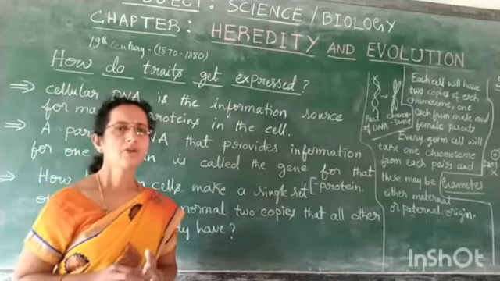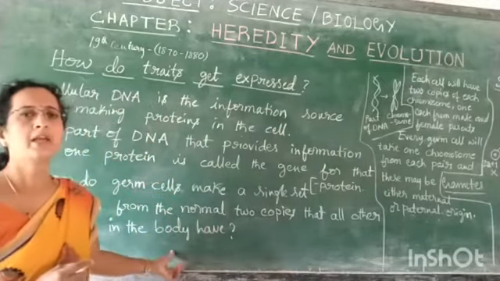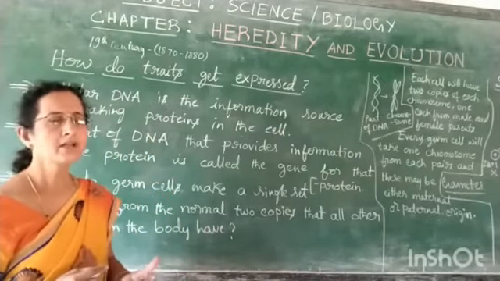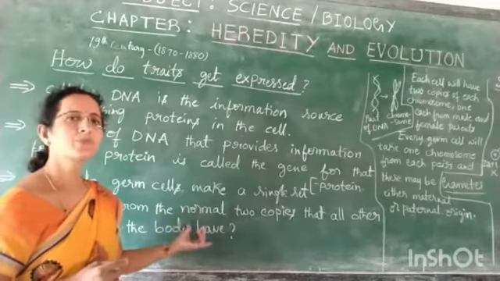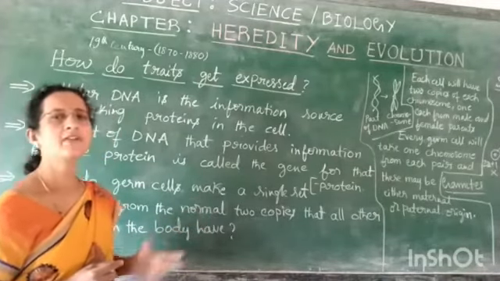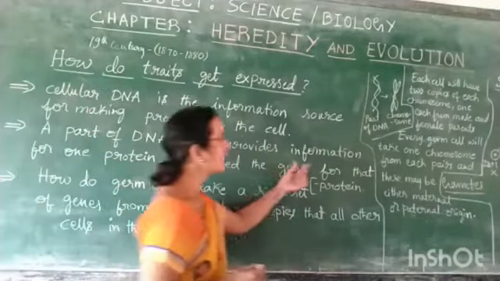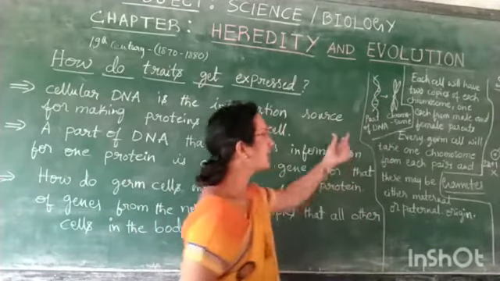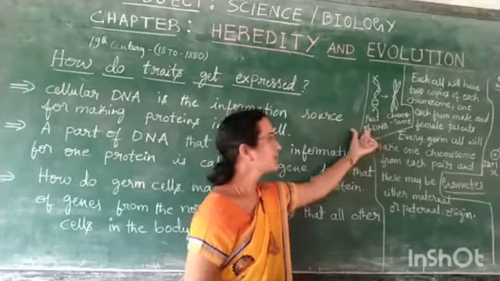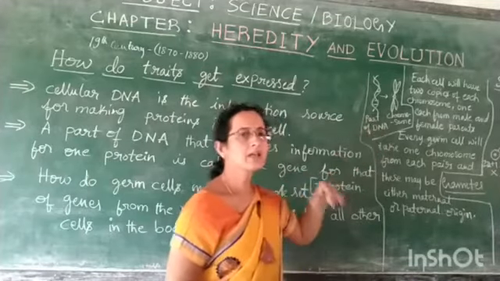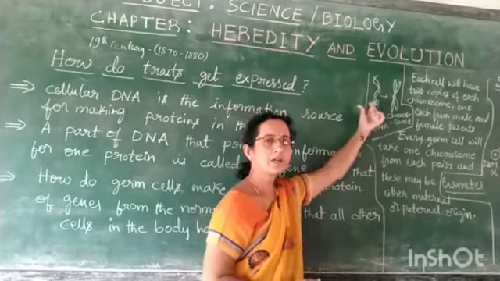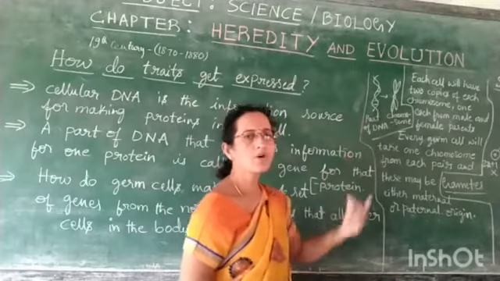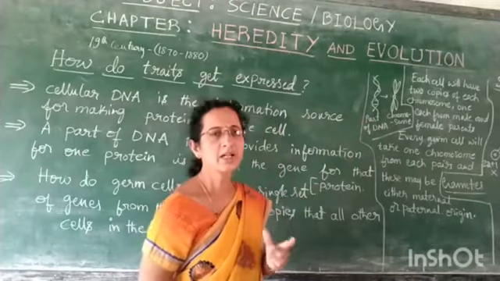So if a ribosome is preparing a particular protein, inside the cell the nucleus will be having the DNA. So this DNA will be having certain codes. A part of DNA is called gene. So this part of DNA, consisting of the nitrogen bases in the form of codes, is determining the synthesis